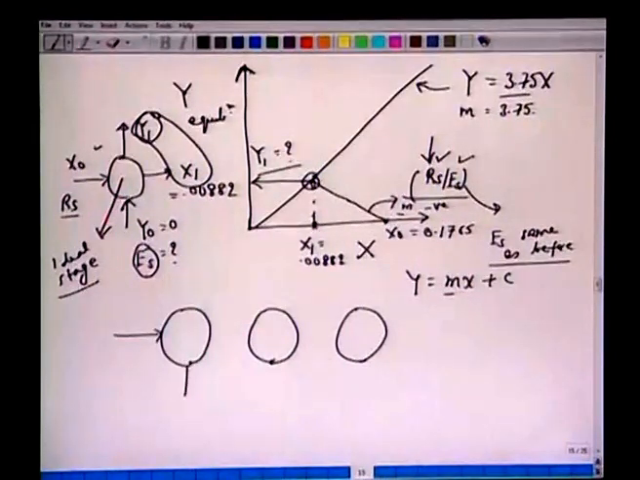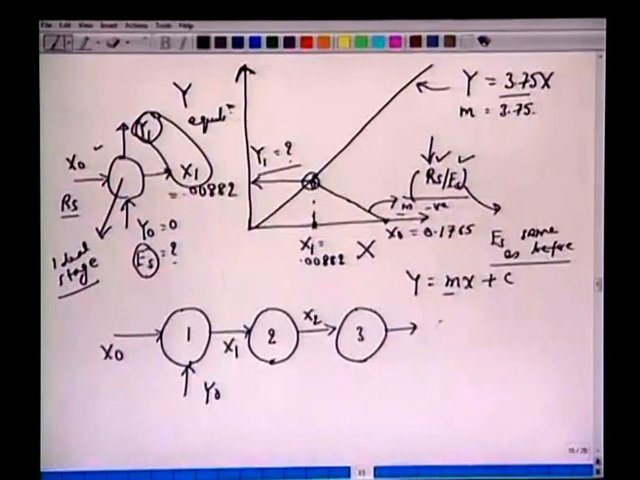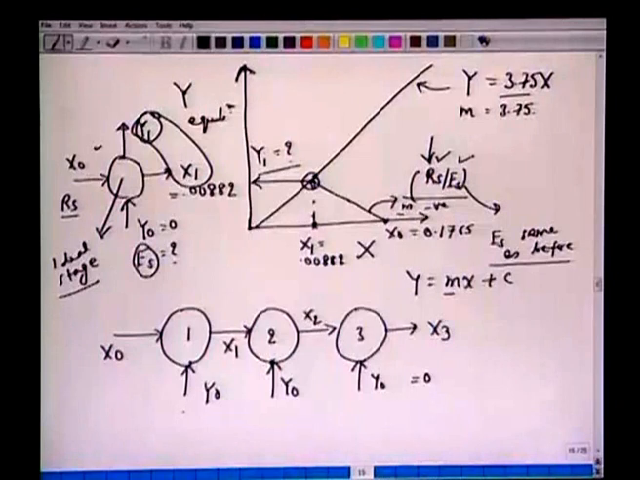So, in this is y0, x0. So, we have y0 and we have this x0. Now, we have stage 1, this becomes x1, this is stage 2, this becomes x2, and we have 3, this becomes x3. And every time in all the stages we bring the fresh solvent. So, all this y0 is equal to 0,